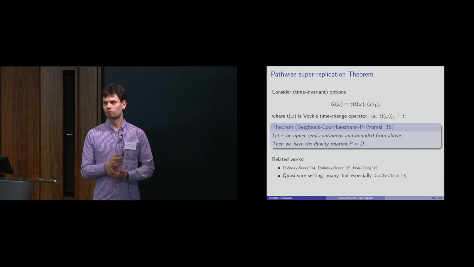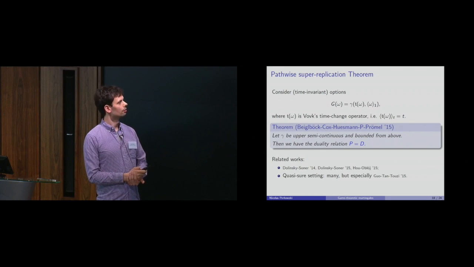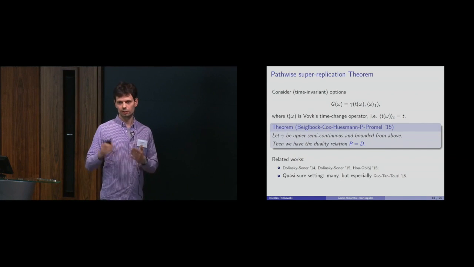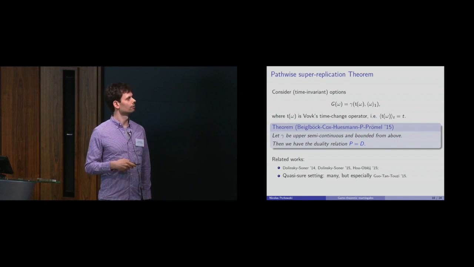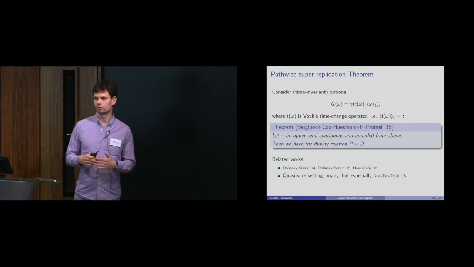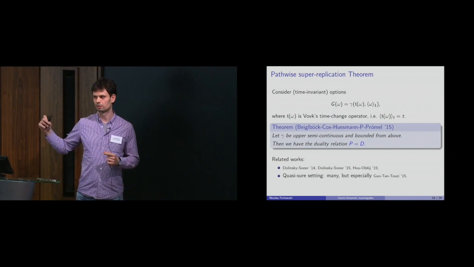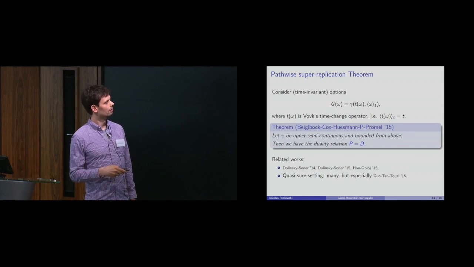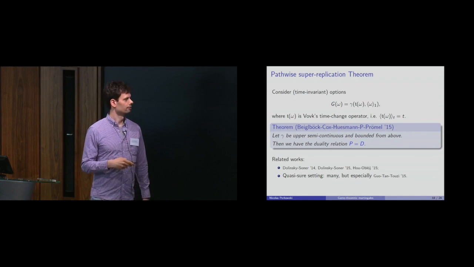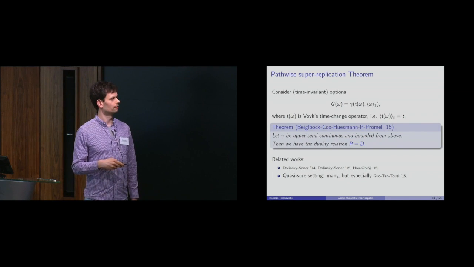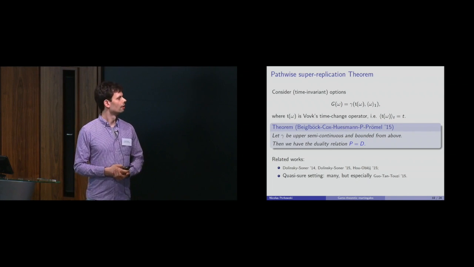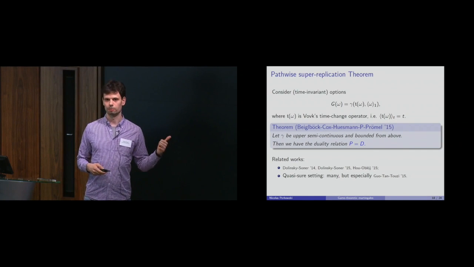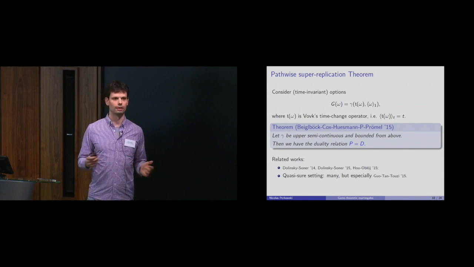Okay, and now we assume that G has a certain structure. We assume that it's some gamma, which depends on the quadratic variation at the terminal time, and on this renormalized path. So this is Wolff's time change, which turns the quadratic variation at time t to exactly t. And so here it's written again. Okay, this is the theorem. If the gamma is upper semi-continuous and bounded from above, then the two values, the primal optimization problem and the dual optimization problem, have the same value.